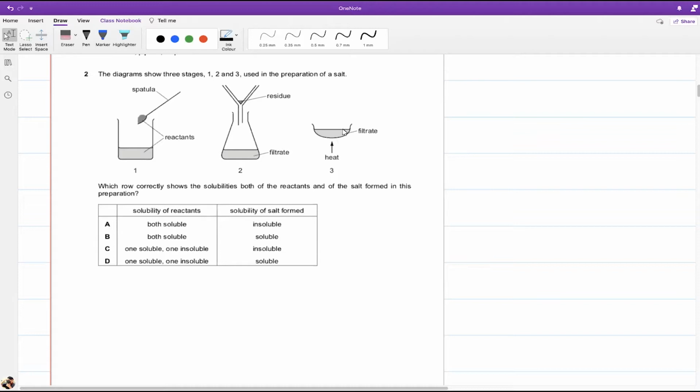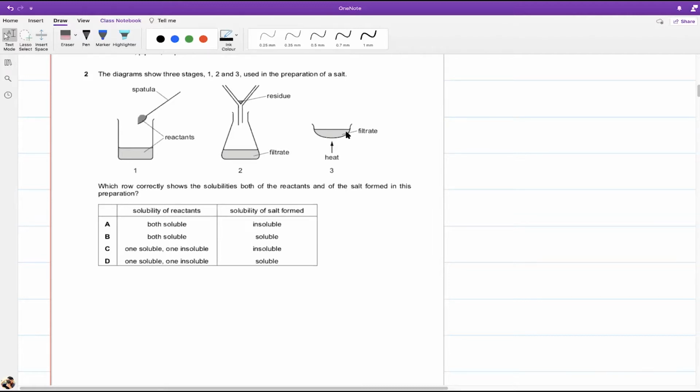They are basically filtering, then evaporating the filtrate, which means that the salt they're trying to get is soluble. So the salt is soluble, otherwise they would heat the residue or dry the residue. So the salt is soluble. So what does that tell me about the reactants? The reactants are also soluble. There are 4 ways of making soluble salts, and all of them require most reactants to be soluble. It is possible to have one of them insoluble. So for example, you see that we are using